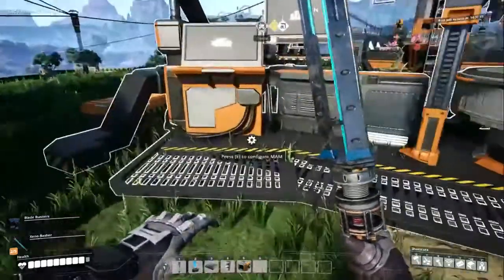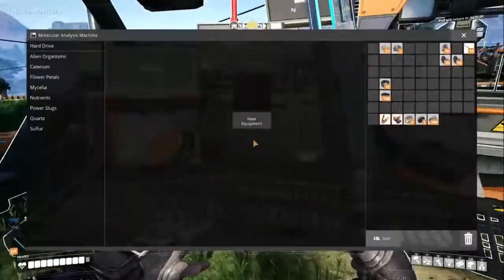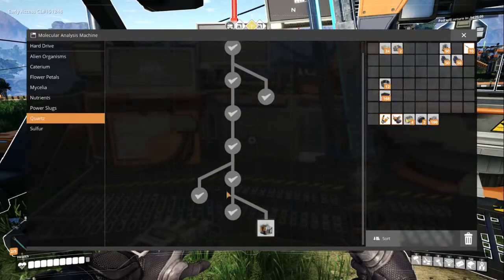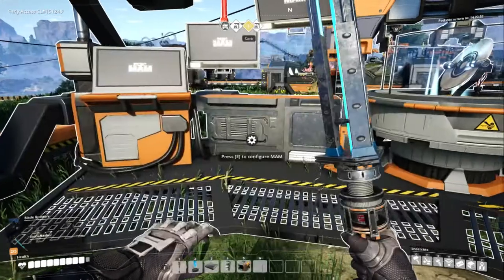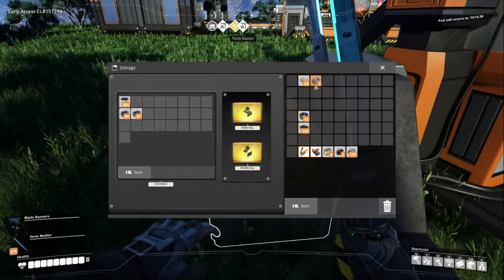Oh, is that how you're supposed to pronounce it? I can scan for it now. And we have a rifle. So sulfur is now fully complete. And now we're going to do that. Boom. Done. I did mean to put this and this in the constructor thing over there, but I might just